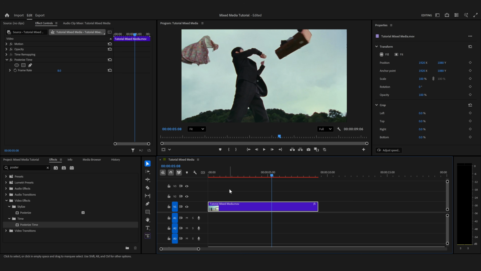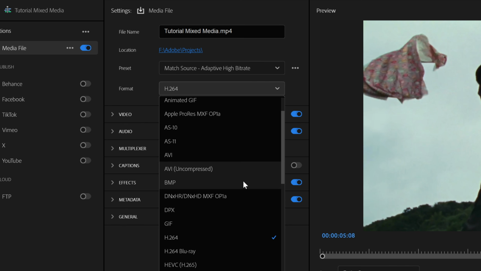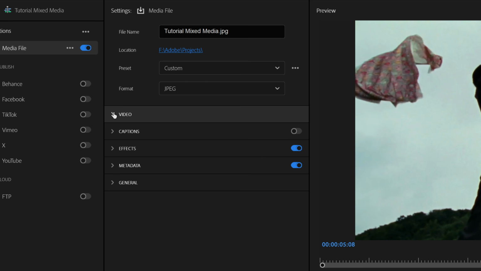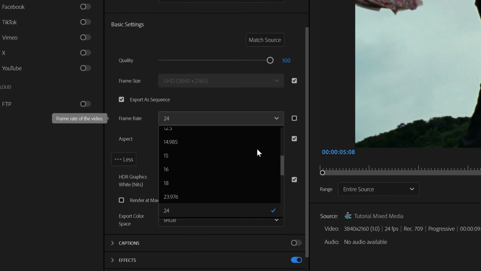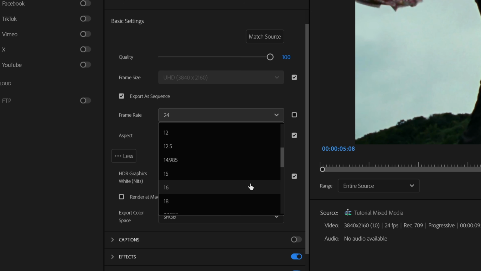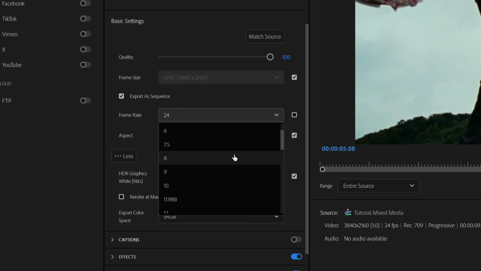So here's a part that makes Premiere much better than Davinci for this. If you click on Export, set a file name, then go to the Format dropdown, scroll down until you find JPEG, click on the Video dropdown, scroll down until you see frame rate, uncheck it, and now we will be able to change our frame rate to anything, even below 16. This lets us actually export our individual frames as the frame rate, which lets us avoid having to cut the